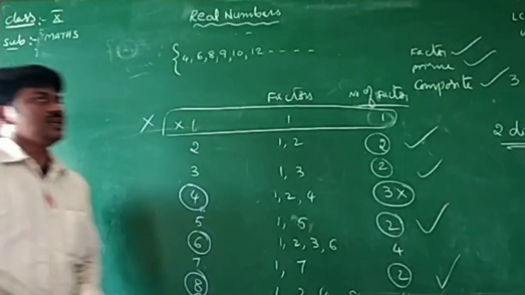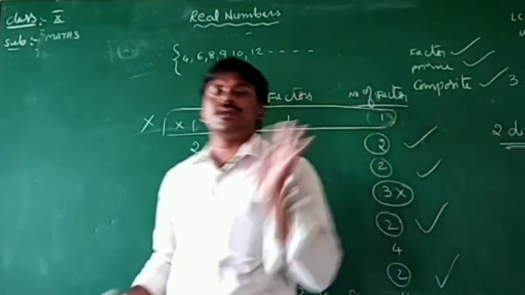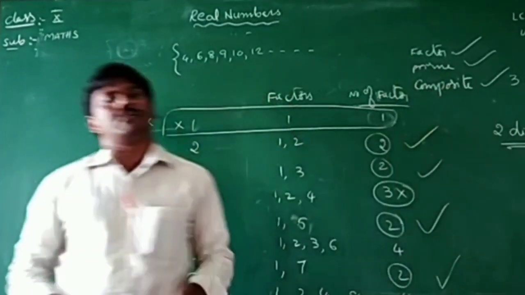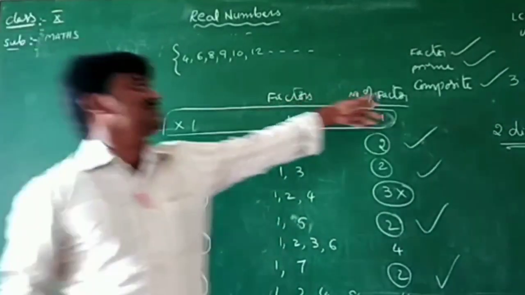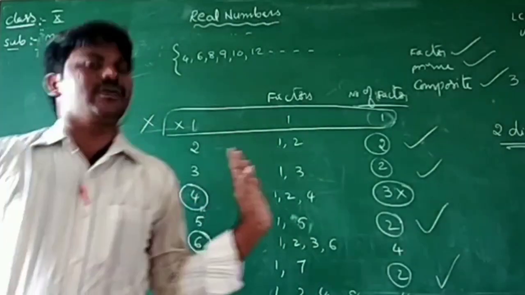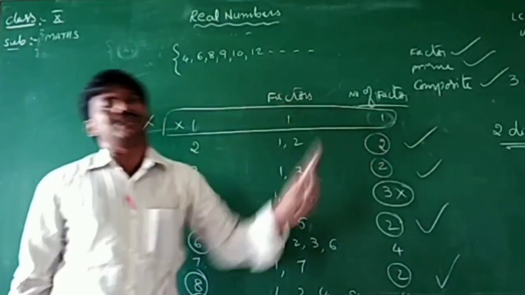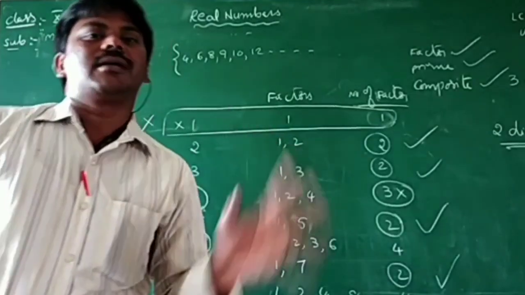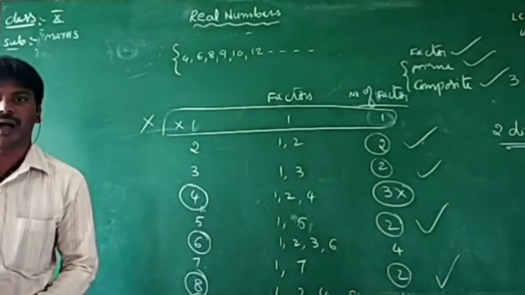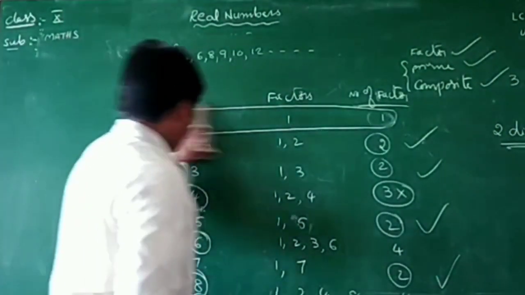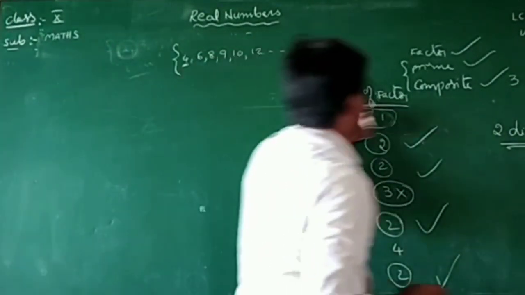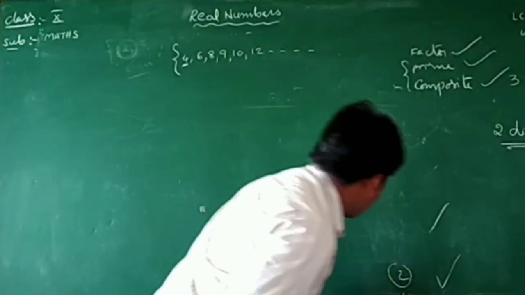For a number to be composite, it must have at least 3 distinct factors. A number that has 2 distinct factors is a prime number. A number that has 3 or more distinct factors is called a composite number. Now observe, 1 has no 2 factors and no 3 factors. It has only 1 factor. That's why 1 is neither prime nor composite. So I think you understand prime and composite numbers. The least composite number is 4.